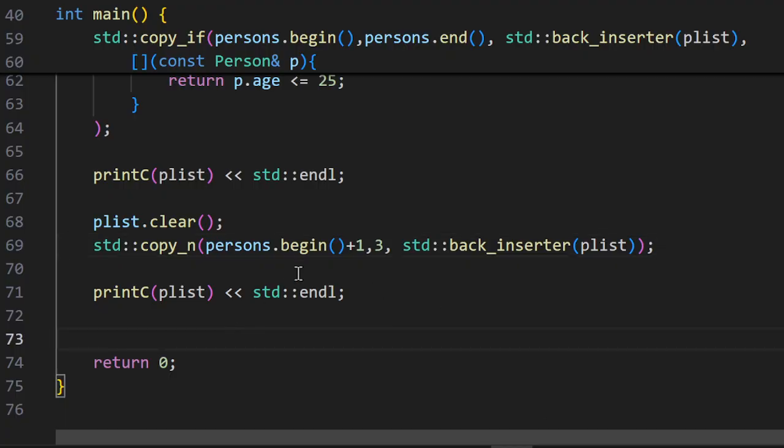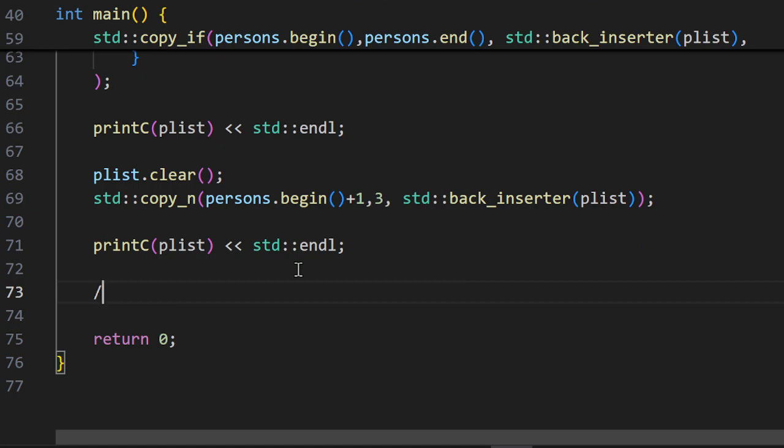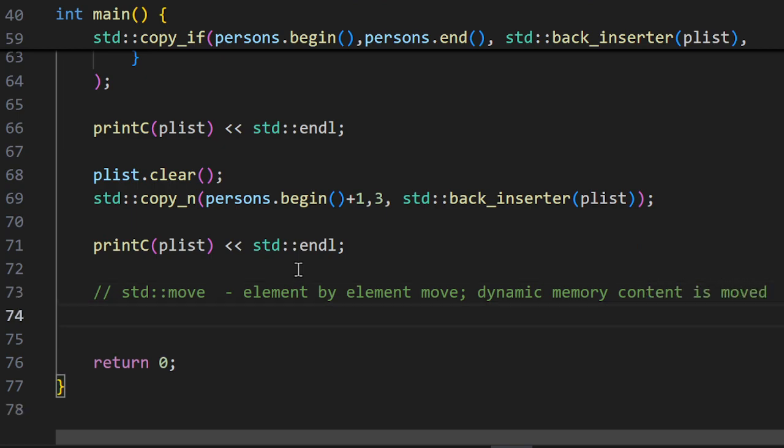Finally I will talk about the move function. It does move operation, element by element move, which means the dynamic memory content is actually moved instead of copying. So if I want to move, let's say, from